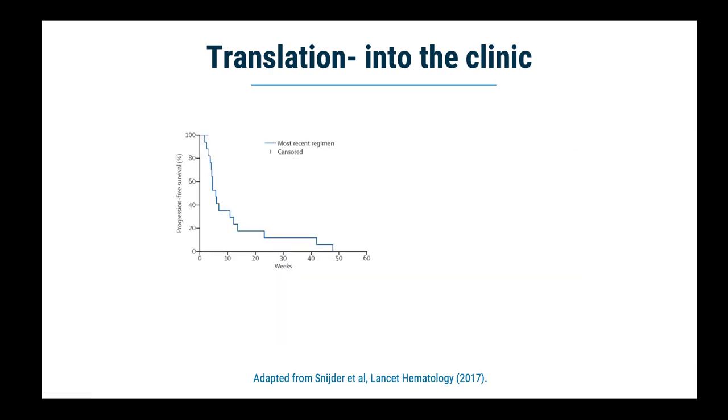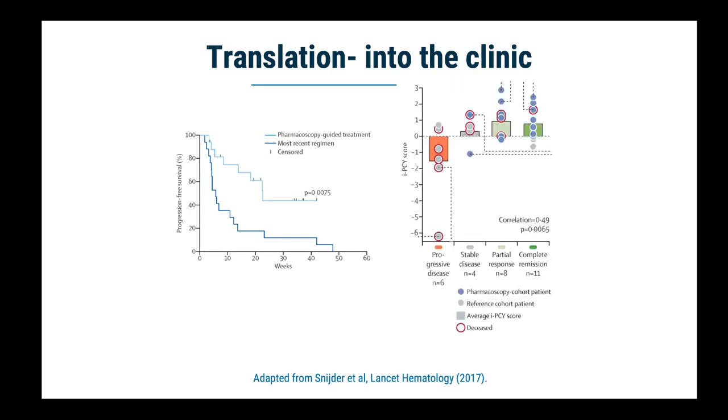So this is how the patients had done on their previous round of chemotherapy. Again, all of the patients in this had had at least one recurrence of cancer before, which is why this goes down to 0, because all of the patients had relapsed before. And you can see they tended to relapse pretty quickly, within about 3 months for almost everyone. But for the patients who got drugs that were aided by machine learning, you can see that those patients tended to do much better than they had on whatever their last treatment was. Took many of them much longer to relapse, and some of them did not relapse at all within the time